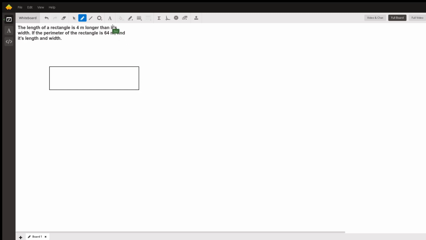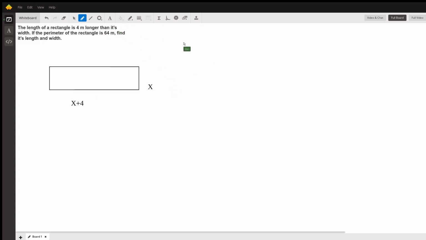Okay, so what we do is we take the given width. Let's just say the width here is x. That's the width, so that means the length is going to be x plus 4. So what we've just done is illustrate the word problem. We took a word problem and turned it into a picture. The length of a rectangle is 4 meters longer than its width. There we go. Now, if the perimeter of the rectangle is 64 meters, we're going to find its length and